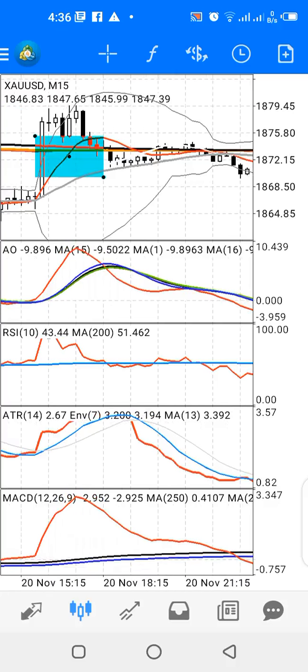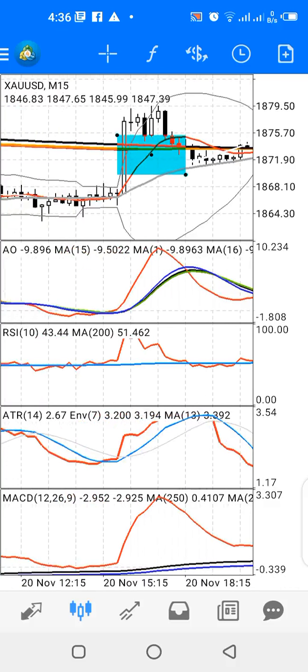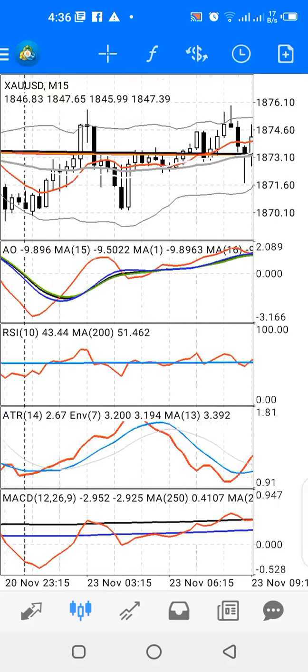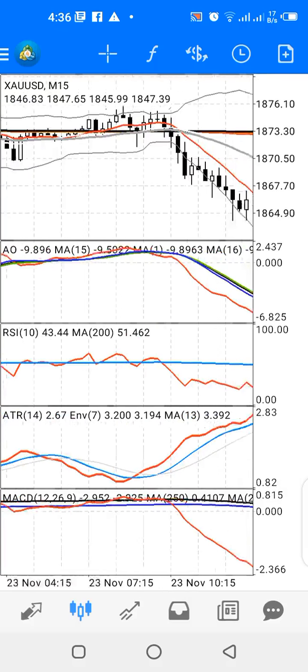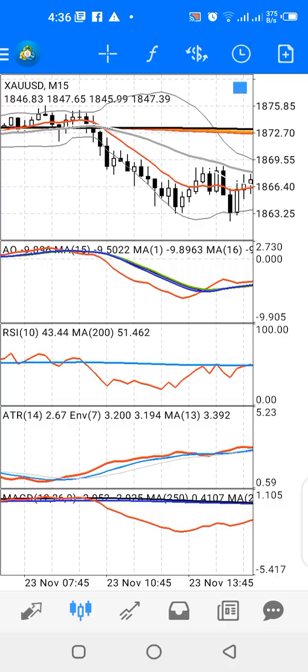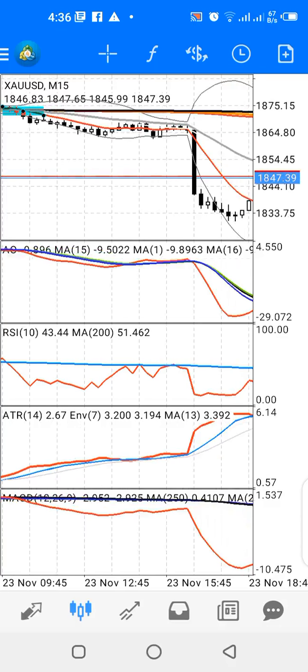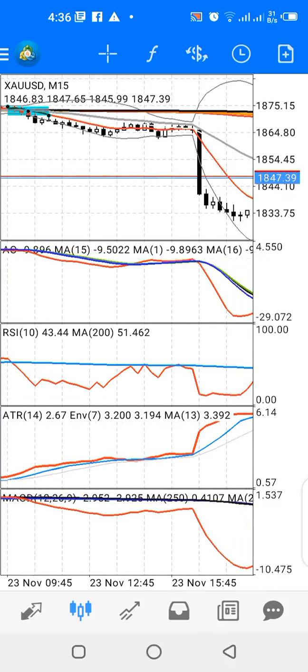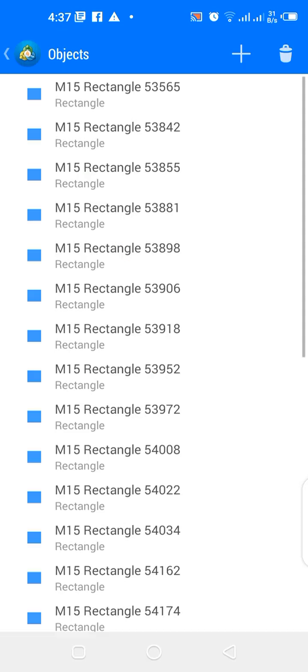A trend change around here. Okay, but it's not complete, more like a range. It's not a clean change, so this is more like a range. You may have to wait. You can see it's like a range until it turns bearish. Trend changes to bearish, and you have a clean descent of price. All right, so all you need to do is watch